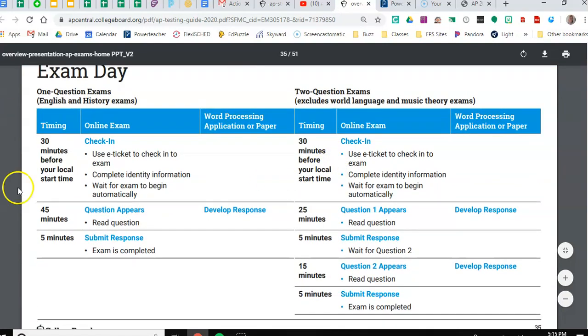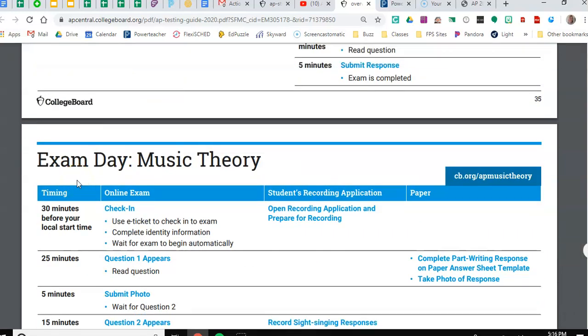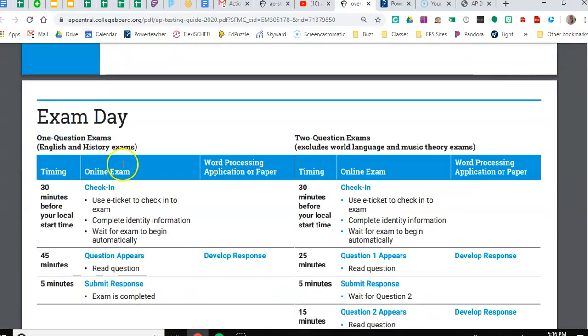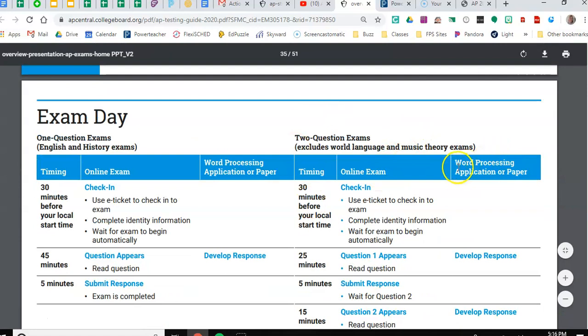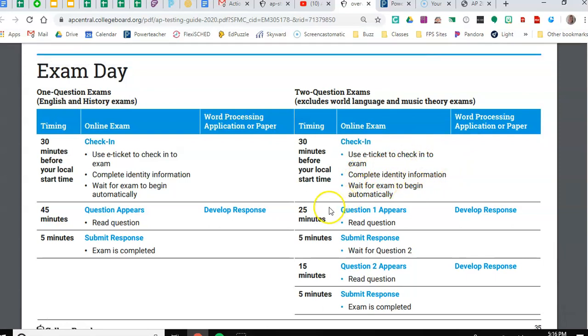The timing that is recommended is about 30 minutes before the test. You are going to check in. So you're going to use that ticket that you've gotten. And we are over here on the right. I was looking. This is a 1-question exam. We are a 2-question exam. So still 30 minutes before, you're going to check in, use that ticket, kind of verify your identity, and then you wait. So get in, get settled, and then